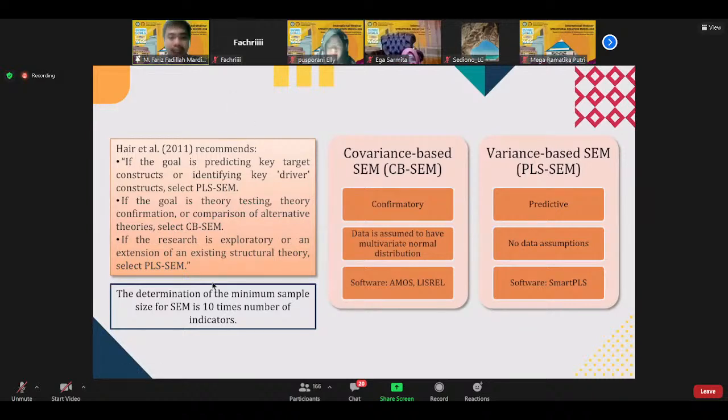For the respondent or sample size, the determination of the minimum sample size for SEM is 10 times the number of indicators. But don't worry, the minimum requirement